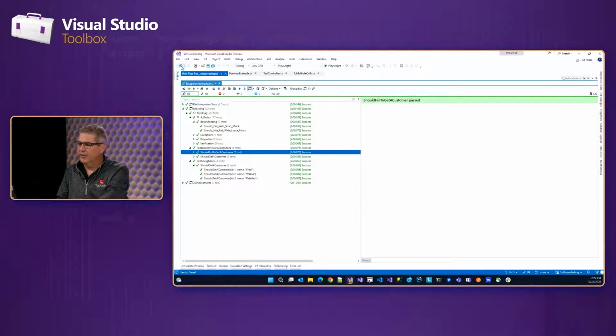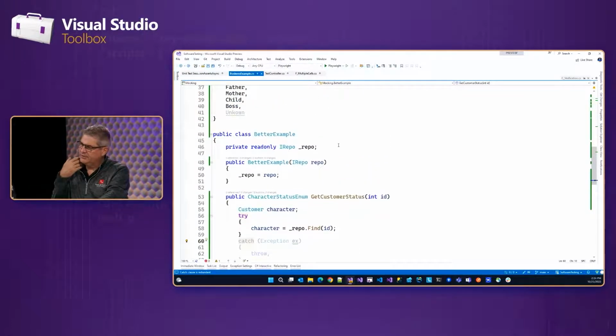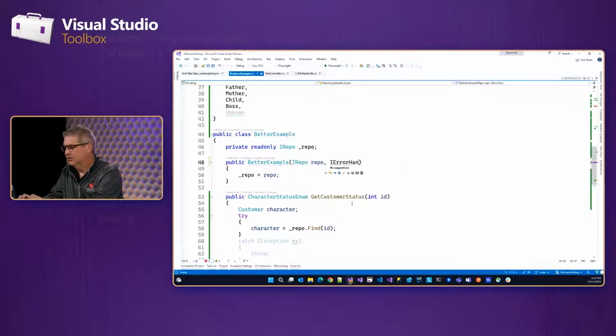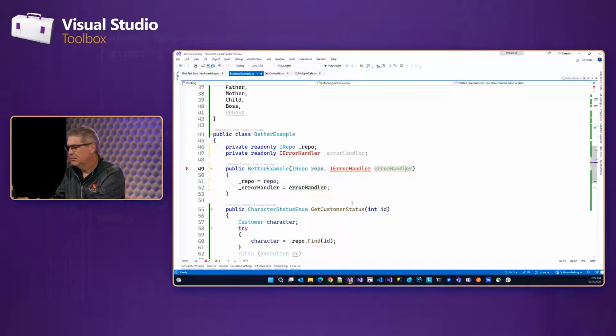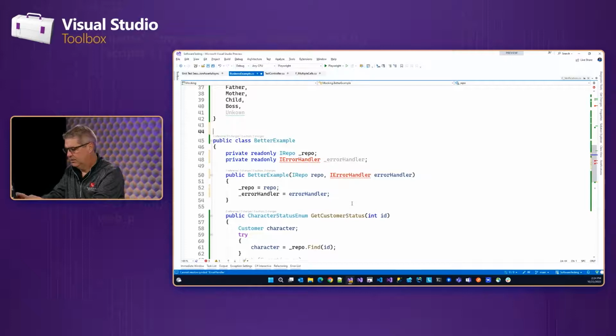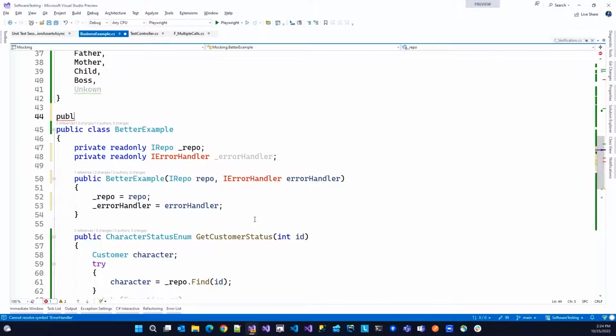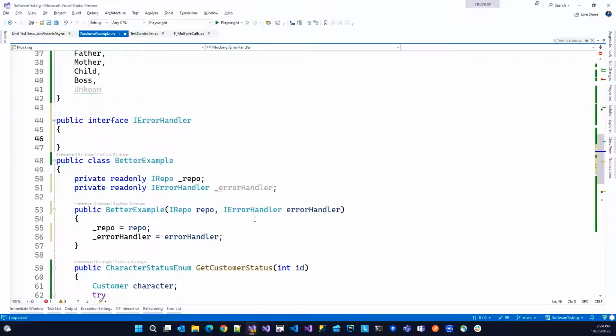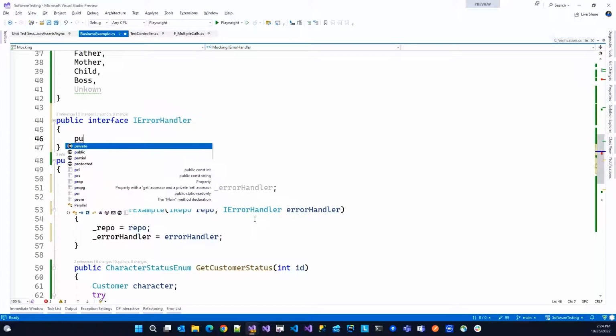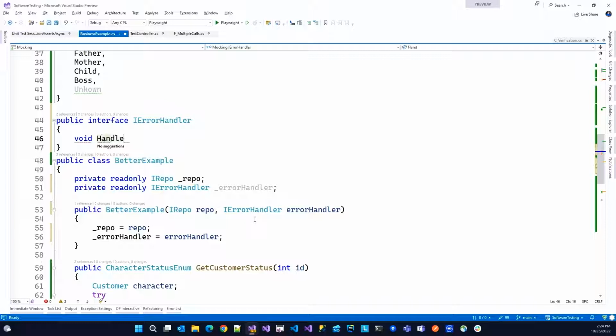I didn't do a whole lot, but let's say that we had an error handler. You know what, I'm going to make a new class. Let's just do it here. Public interface IErrorHandler, and it has a void HandleIt.